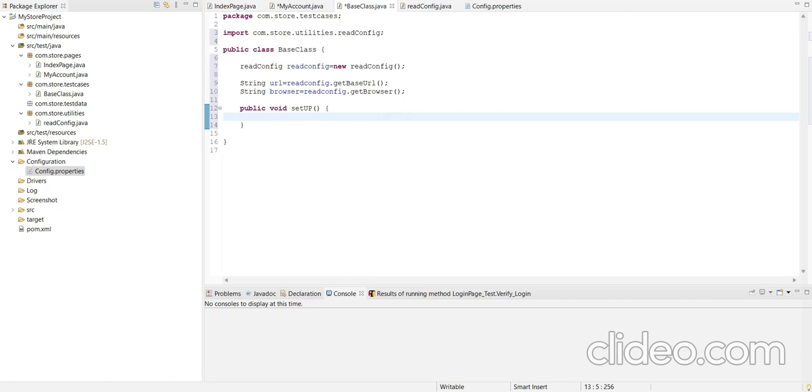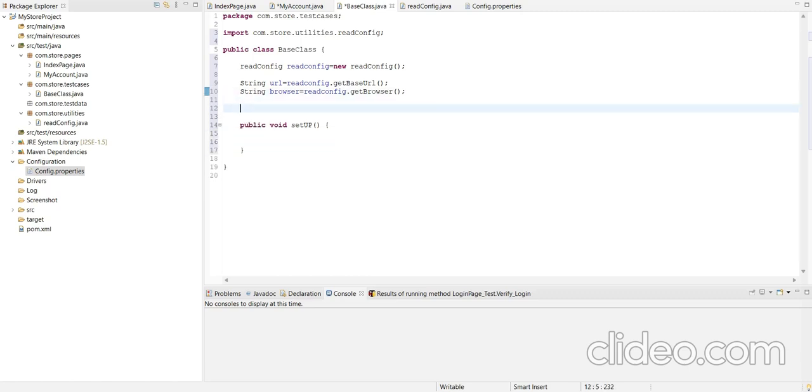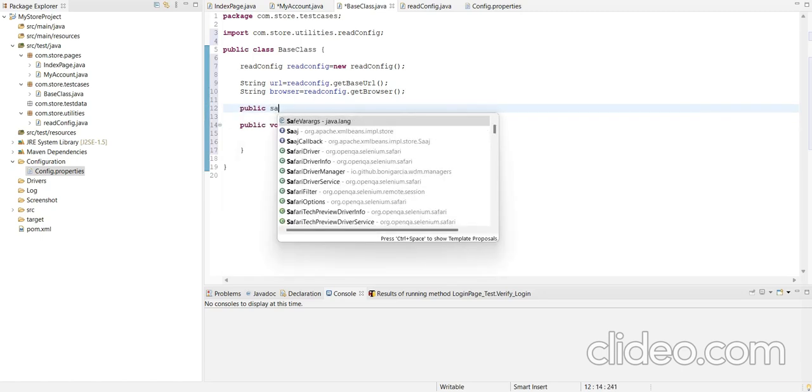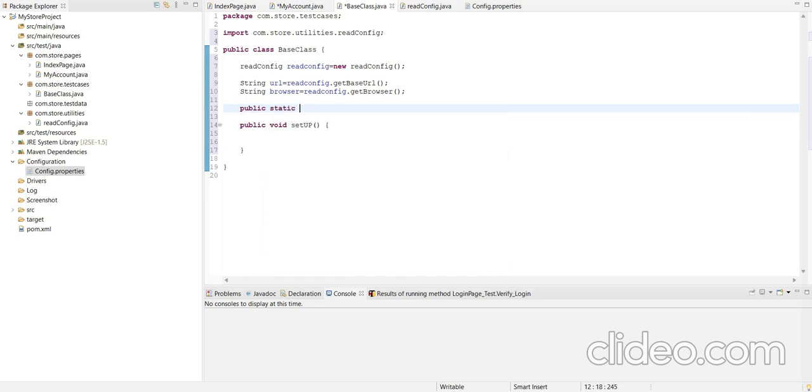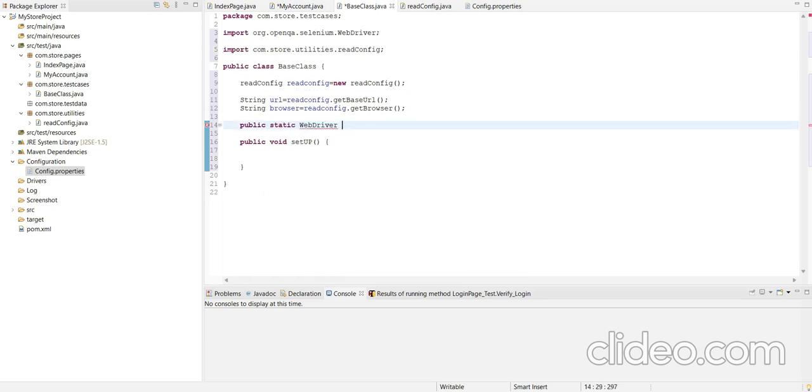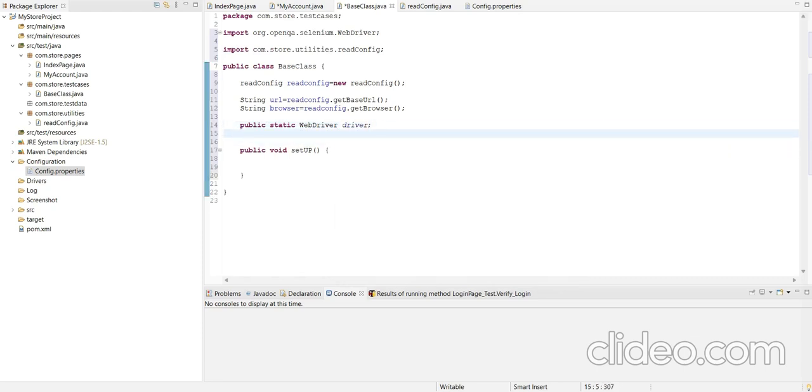In the setup method we will launch the browser. Before that we will create the object of the WebDriver, that is public static WebDriver driver.